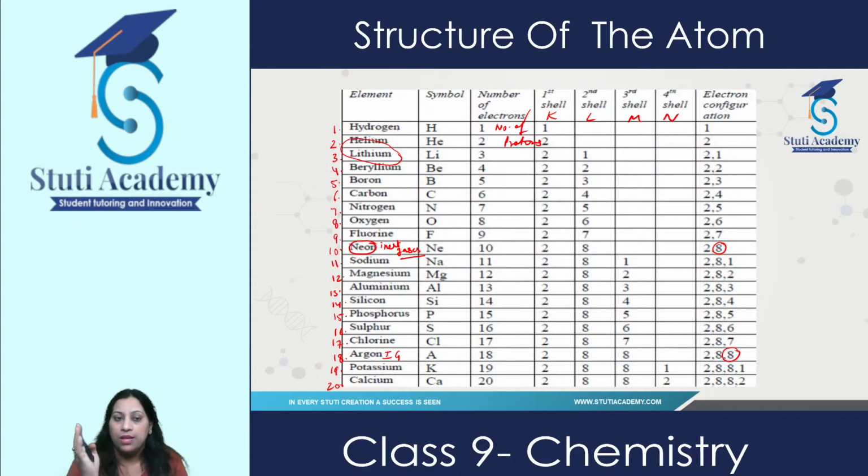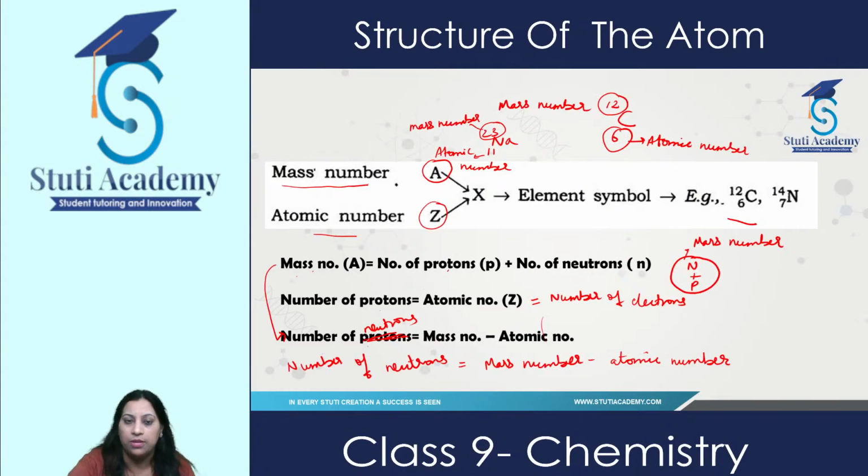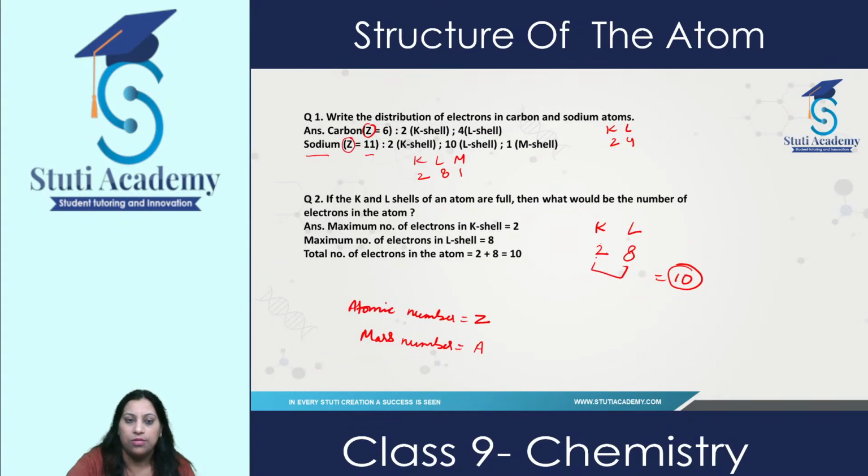This is an extremely important table, and learn all the numbers of electrons, or you can say atomic numbers, 1 to 20 at least. Then only you will be able to write their electronic configuration and tell their number of protons and electrons present. So I hope till here it is clear to you. And for your question, you need to write